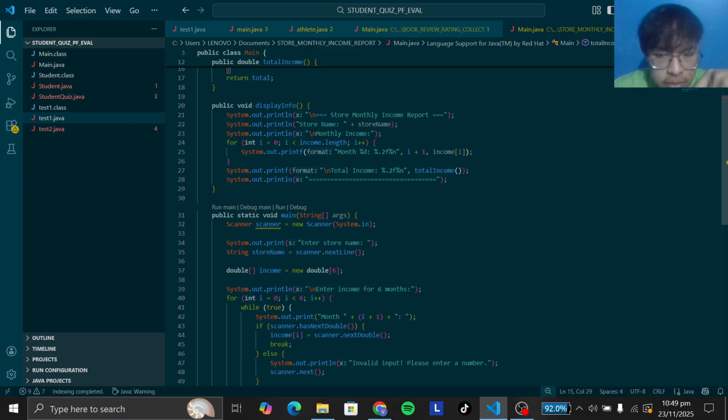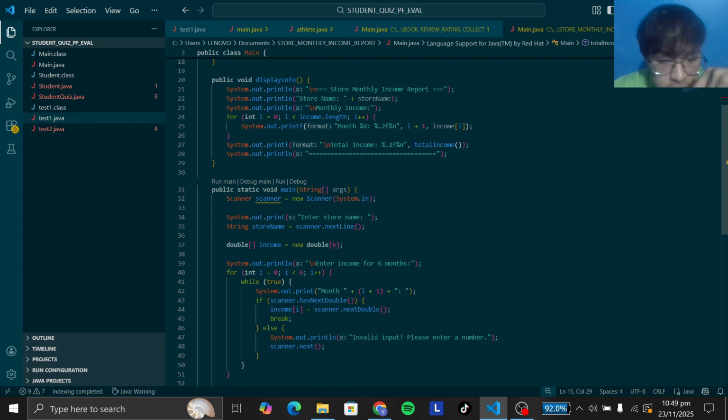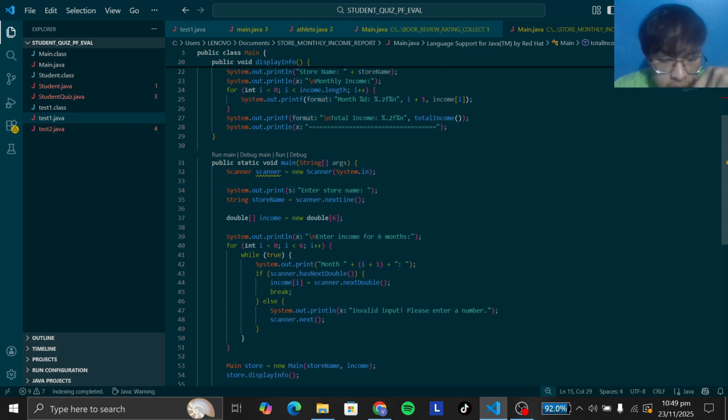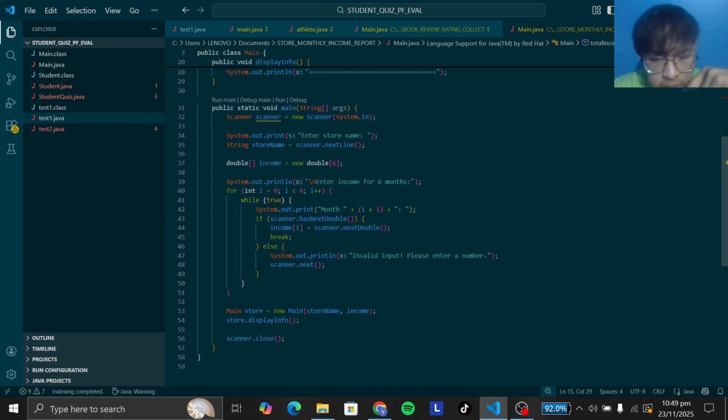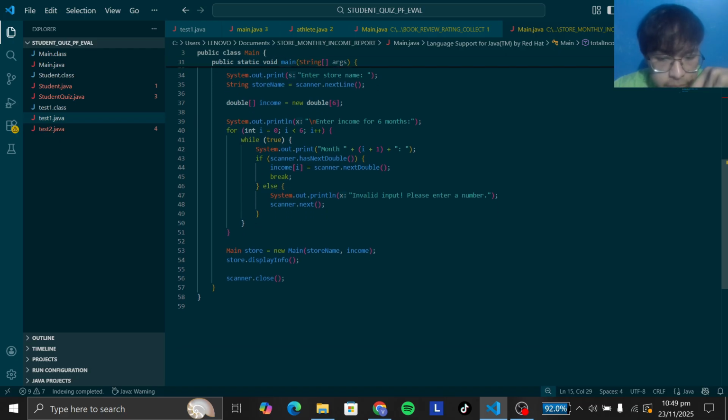Once all the inputs are collected, a Main object is created using the constructor, and the display info method is called to show the store report. Finally, the scanner close statement is used to release the resources used by the scanner object.